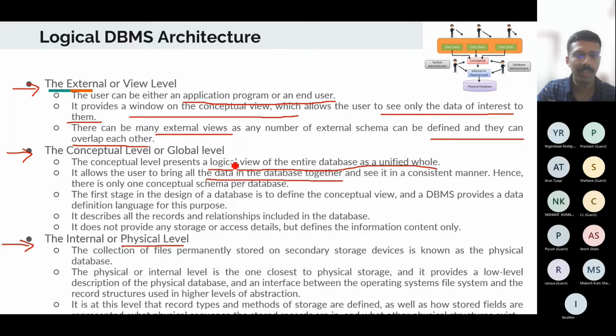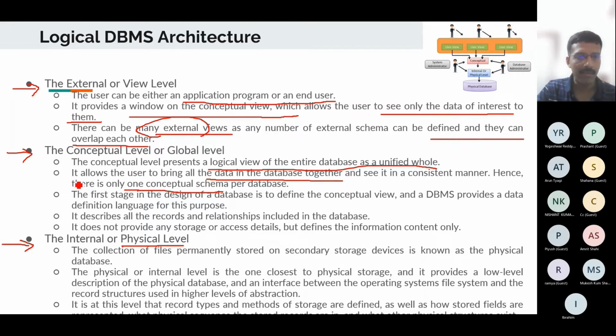So I can logically see all the data in tables, like 5 tables are there, each table having so and so data. I will be able to access that at the conceptual level. For each database, there will be only one conceptual level. As we saw here, there can be many external views, but for the conceptual level and the physical level, there will be only one implementation.